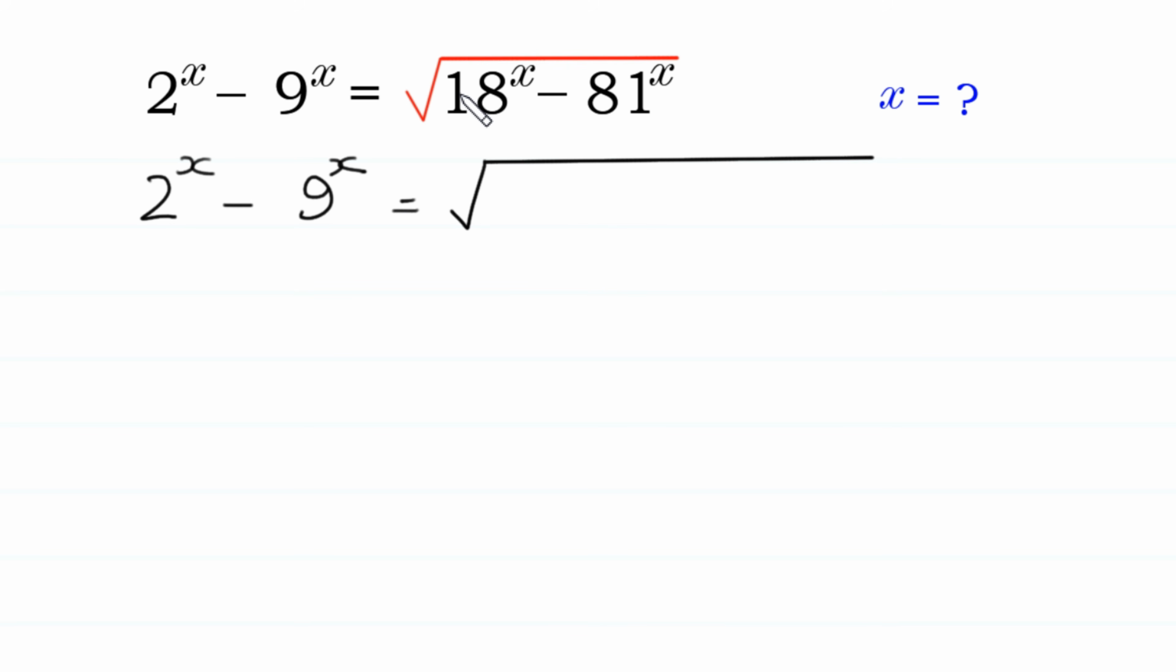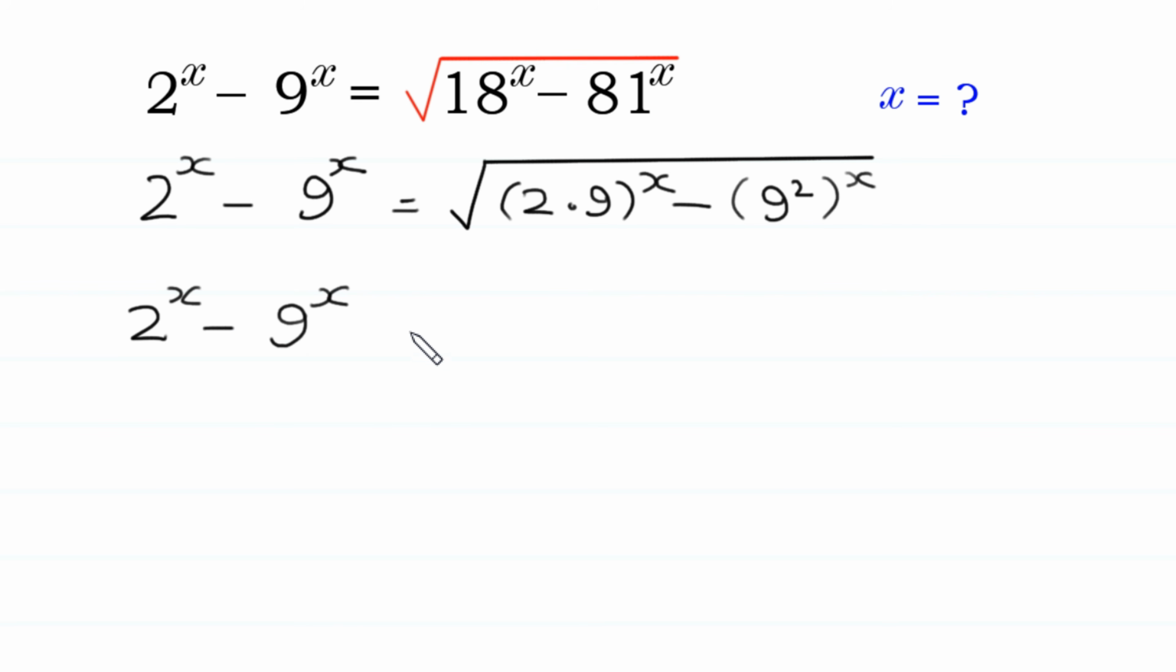we can write this 18 to the power x as 2 times 9 whole to the power x minus, and we can write this 81 to the power x as 9 squared whole to the power x. Next, 2 to the power x minus 9 to the power x is equal to square root of,